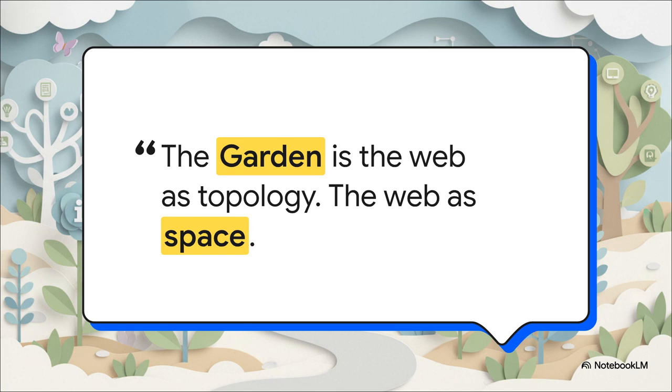And that brings us to Mike Caulfield. He is really the original, coherent voice of the modern digital garden. He notes that the garden is the web as topology, the web as space. It's the integrative web, the iterative web. And what he's emphasizing here is that a digital garden is fundamentally a behavior. It's a way of accumulating information over time. It's not a specific software tool, it's not some WordPress plugin, and it's definitely not a template. It is a massive mindset shift about how we behave and exist online.